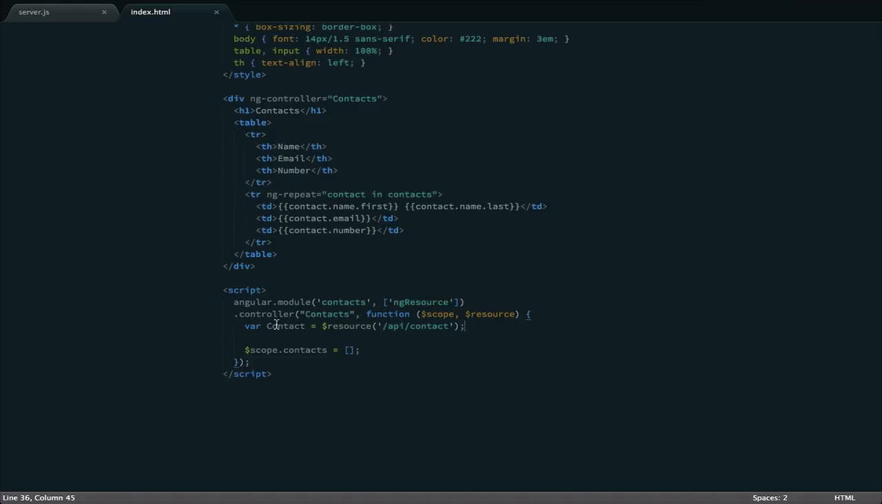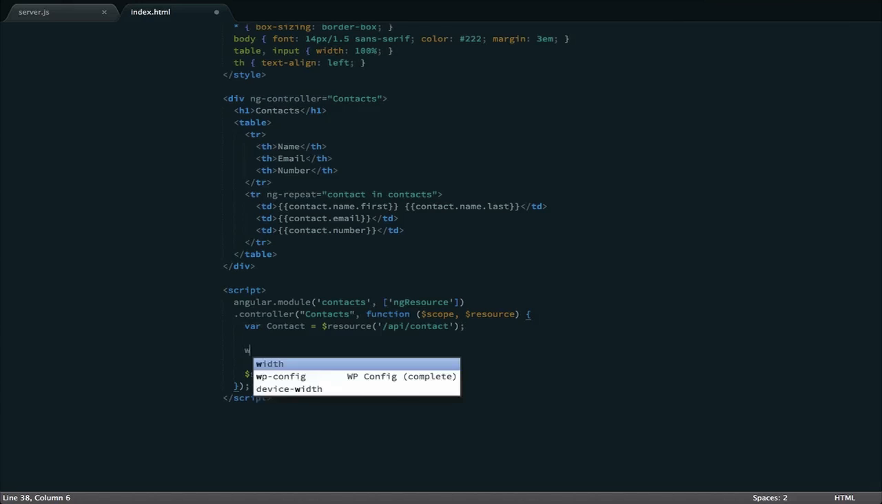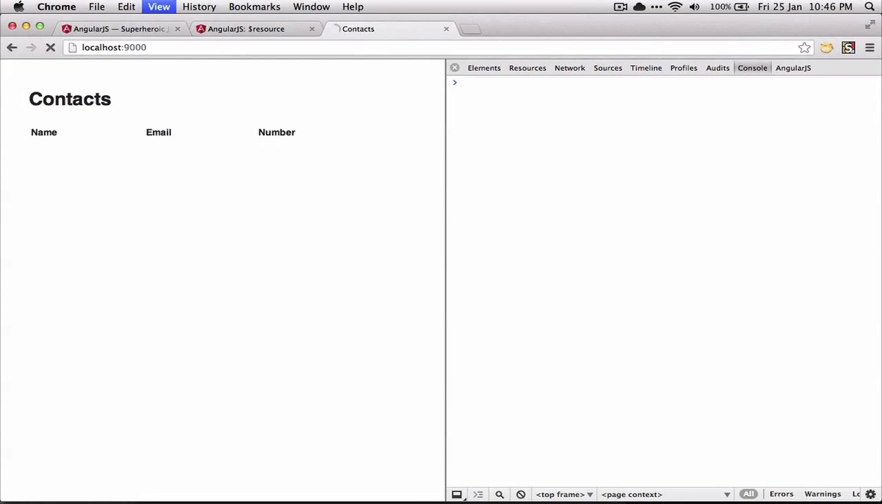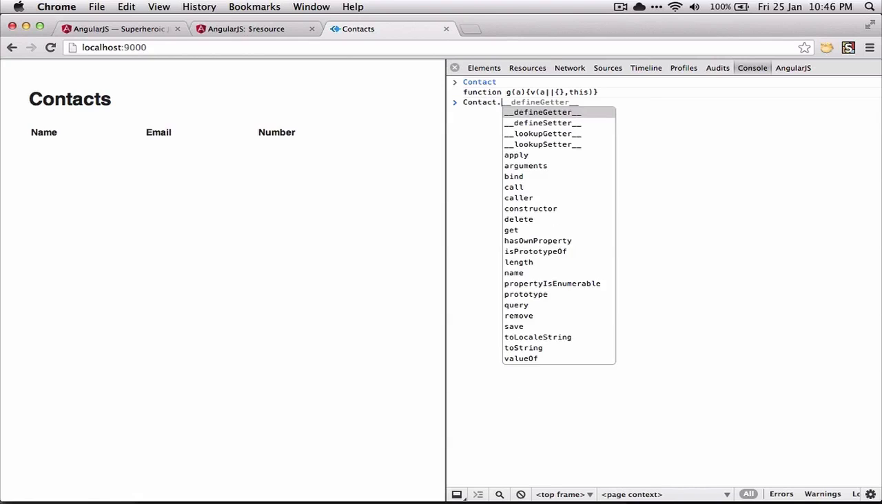Now I can use this Contact object to query the database. There's already one contact in there, me, and I'll show you using the console in the browser how this works. To do this, I'll set window.Contact to Contact so that I can access it from within the console. So if we refresh the page and I type Contact here, you can see that Contact is in fact a function. To get all the contacts in the database, I type Contact.query,